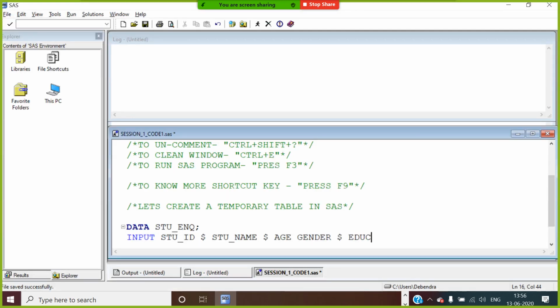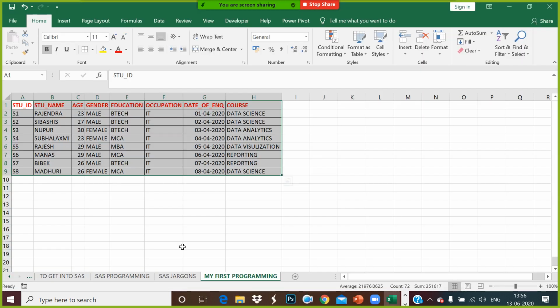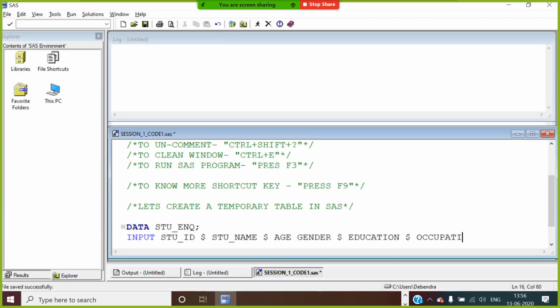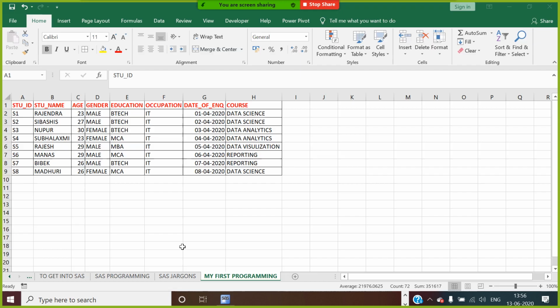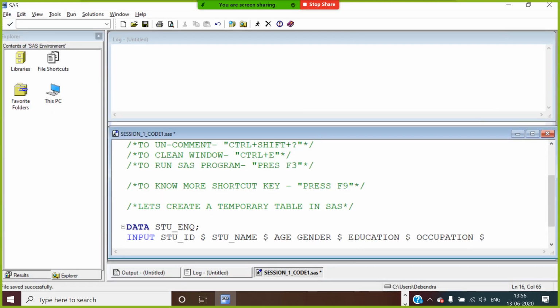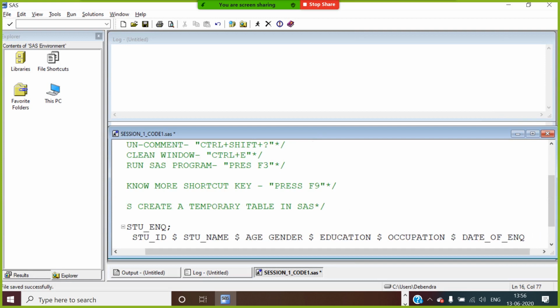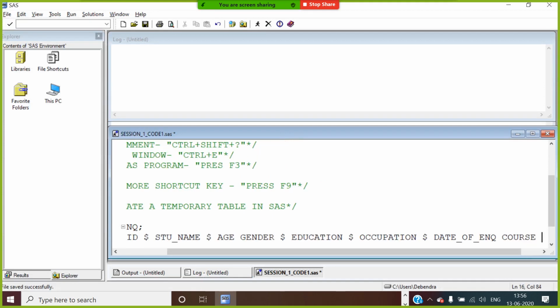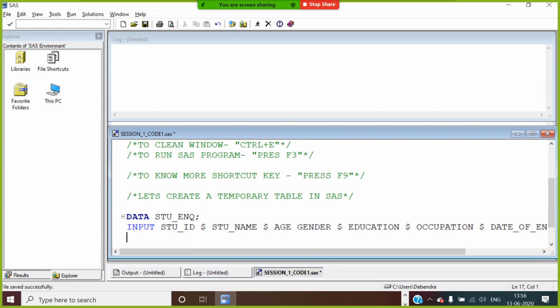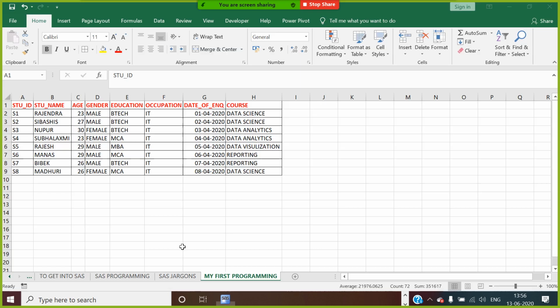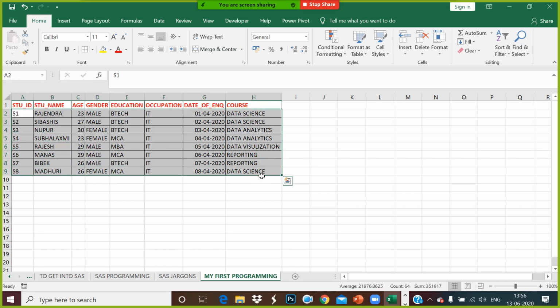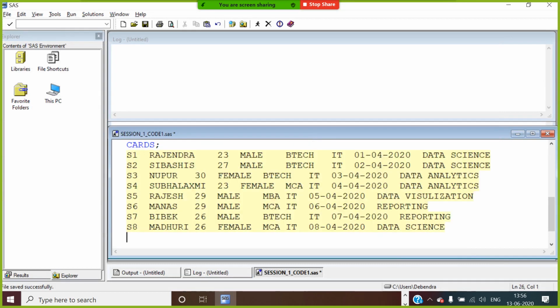I'll go for education as a character field. A dollar should follow. Occupation is also a character field with dollar. Then I go for date of inquiry. It's a date field. I just keep it as it is. Then I go for selecting my course, which is also a character field, dollar. I use cards. I copy data from the Excel file like this, and I paste it over here, and